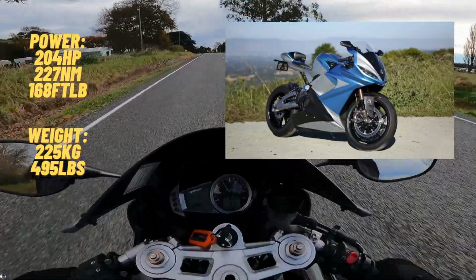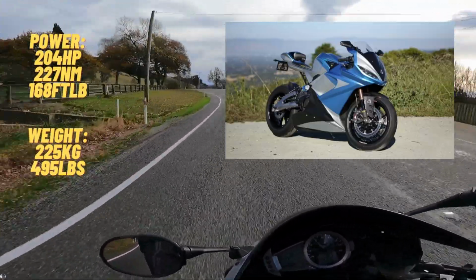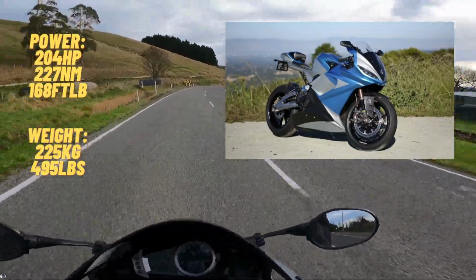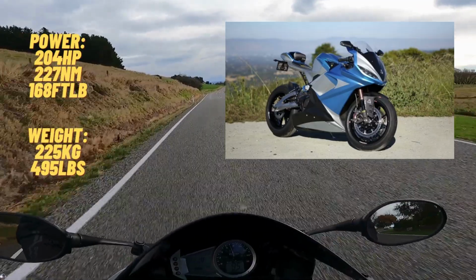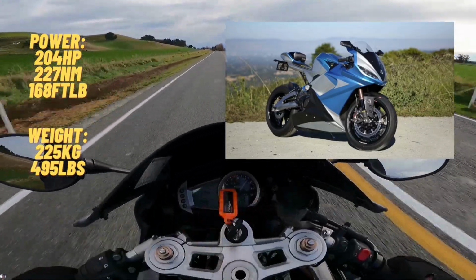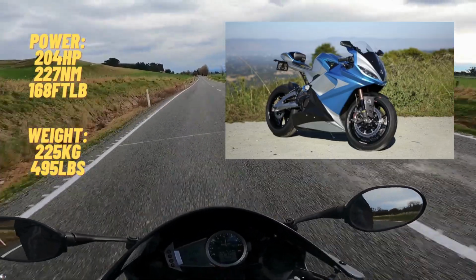225 kgs or 495 pounds is the weight, and it has a top speed of 218 miles per hour, which is why it's named the LS218, which translates to 350 kilometers an hour. Now, if anybody said an electric bike was slow, they're wrong. It is very fast and up there with the fastest bikes in the world. They may not have got the range completely great yet, but that is still stunning performance coming from an electric